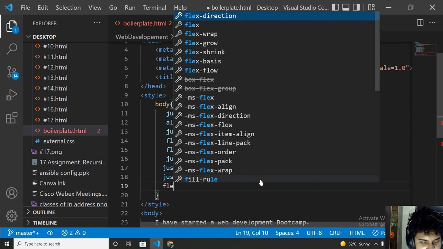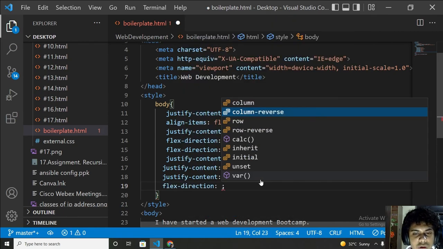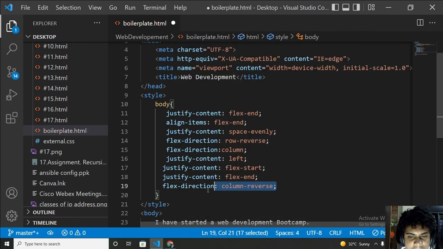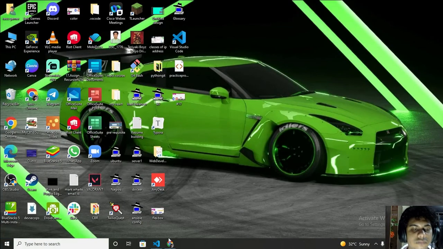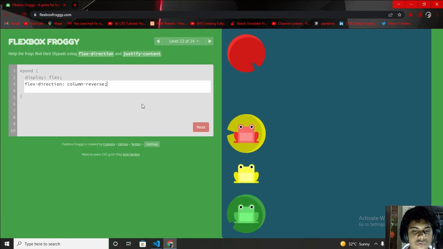Flex direction column reverse. So let me copy it. So now you can see that my frogs are placed really well in the right direction. So it's time to place them on their lily pads.